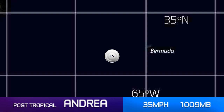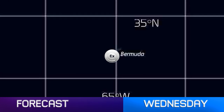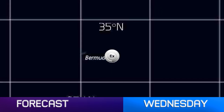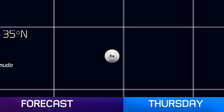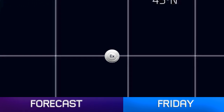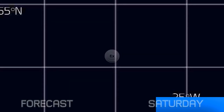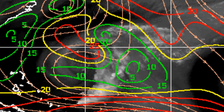There it is, just to the west of Bermuda, 35 miles an hour, 1009 millibars, 163 miles from the island, 31.5 north, 67.5 west. What we expect over the next few days, the center of the system to track very close to Bermuda and then move out over the open waters towards the end of the week, bypassing the Azores